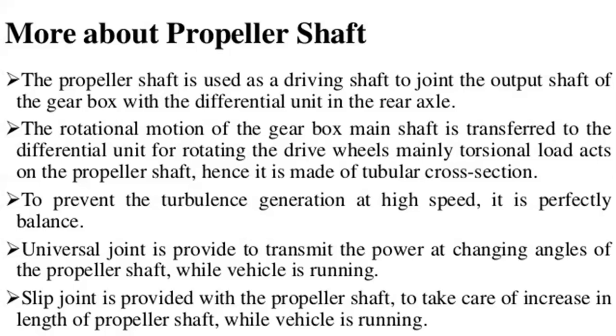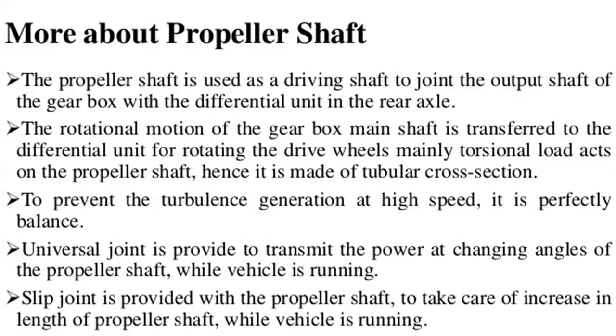The rotational motion of the gearbox main shaft is transferred to the differential unit. What type of main shaft? It is the propeller shaft that is connected to the differential. So that's why it is rotating the drive wheels. Mainly torsional loads are acting on that propeller shaft. That's why we are using a tubular cross section for this propeller shaft. Okay,